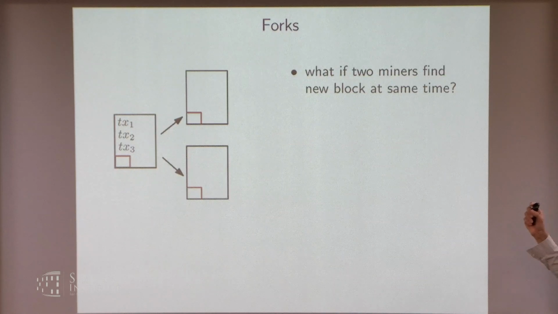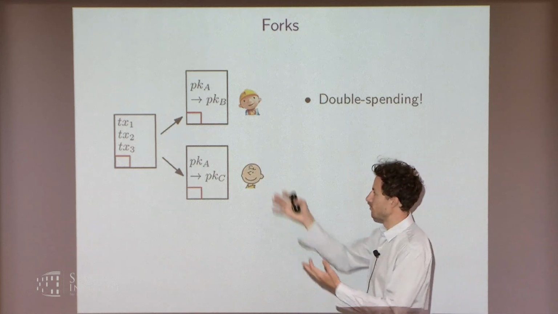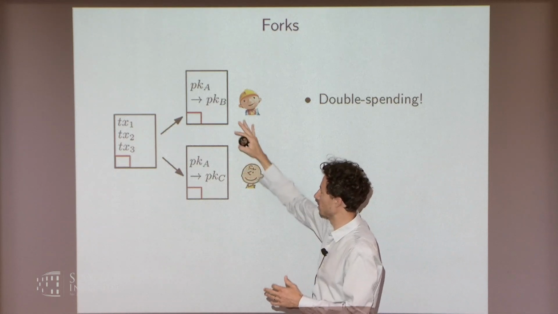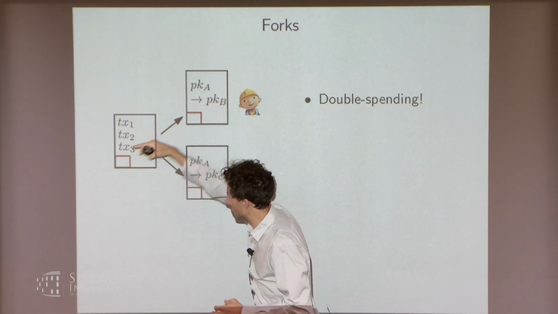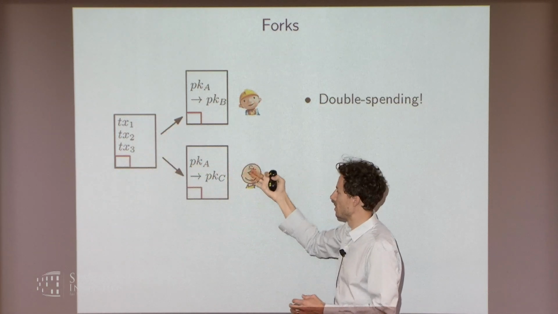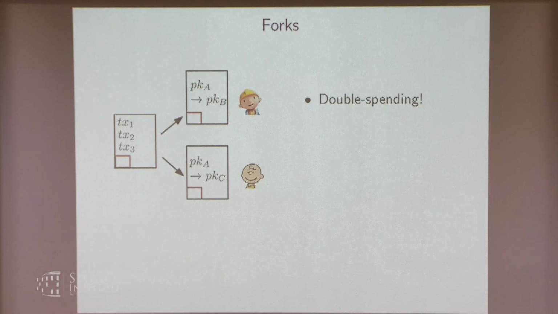So what happens if there's a fork? Everyone mines, everyone has their local view of the blockchain. So even if everyone had the same view, what happens if two miners find a block at the same time, but the transactions that they include differ? Would it be a problem? I claim it would be, because it would enable double spending if we accepted both blocks, because this would be a valid block because consistency is checked with respect to its own history, and so would this block be. So that's something that we do not want.